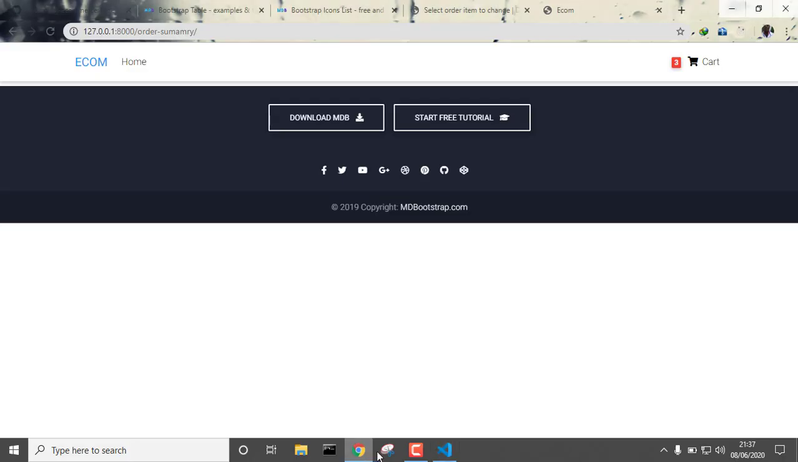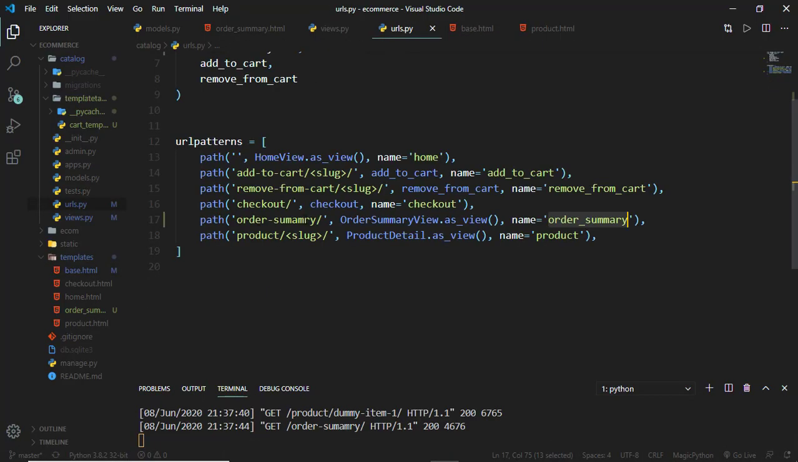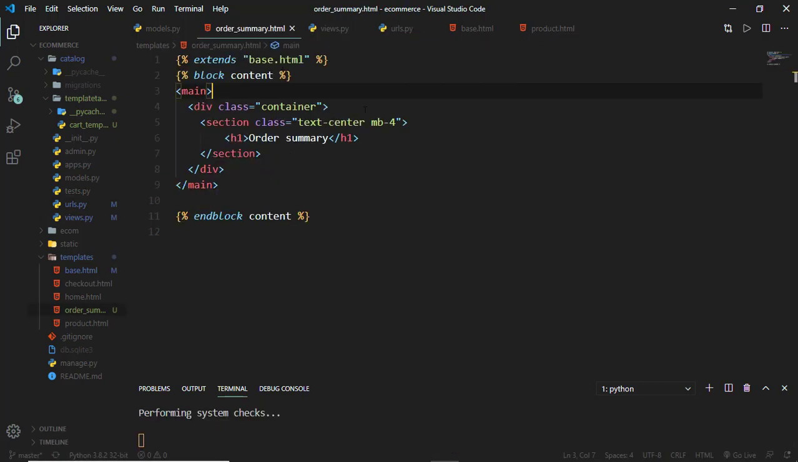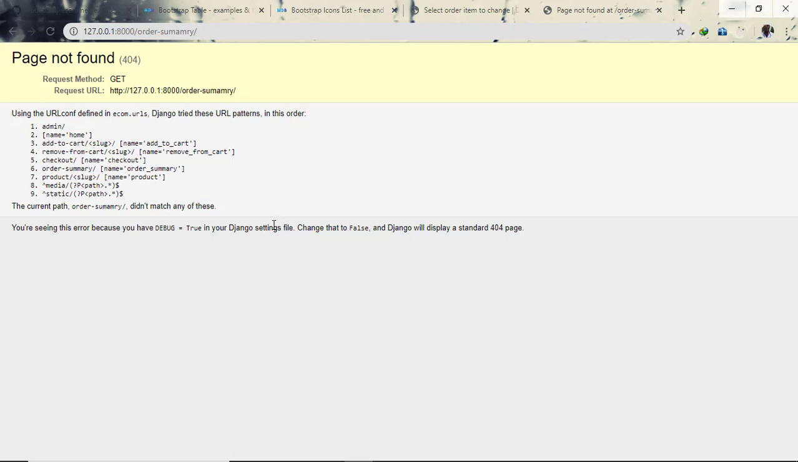And if we just go back inside our URLs, this needs to be summary like that. And if we just go to the order summary, we can add a class there and specify margin top is 5 and padding top is 4. So if we come back and refresh,